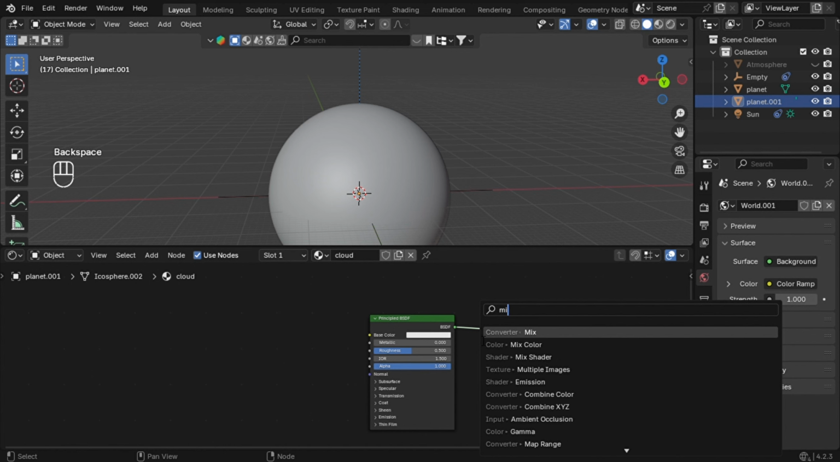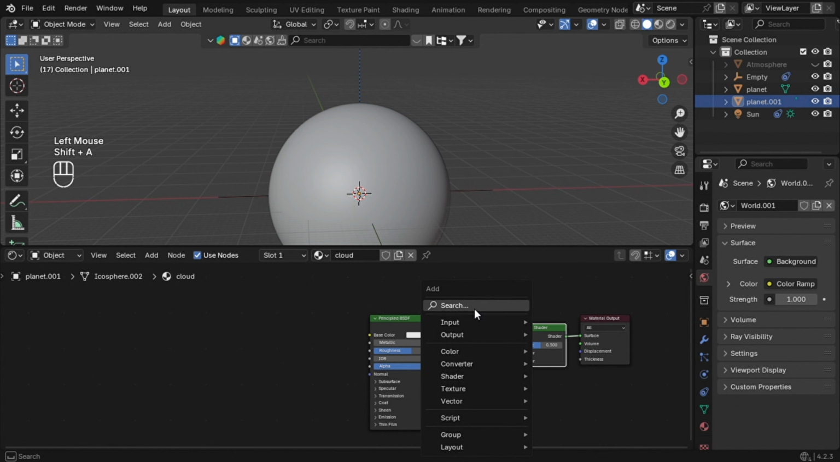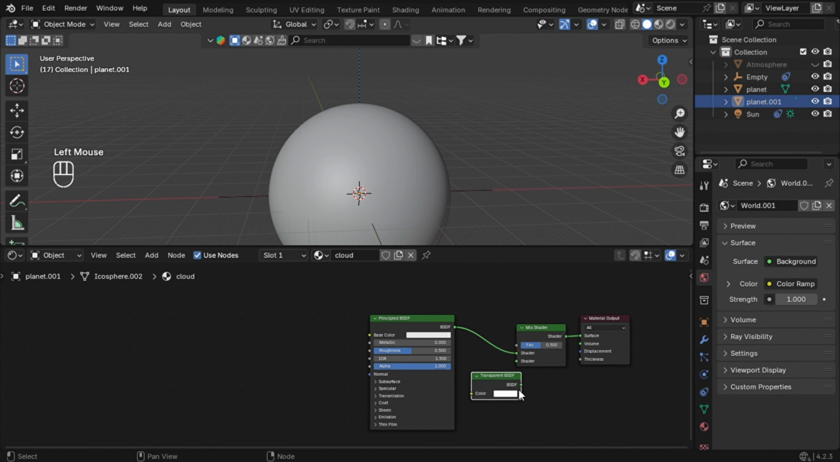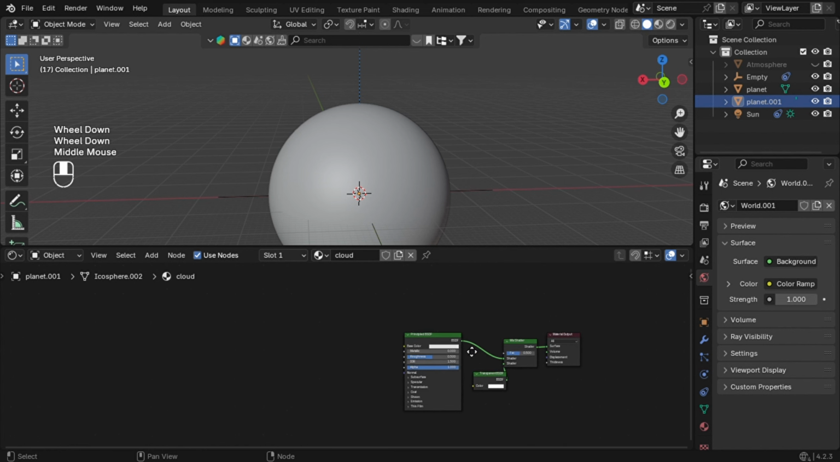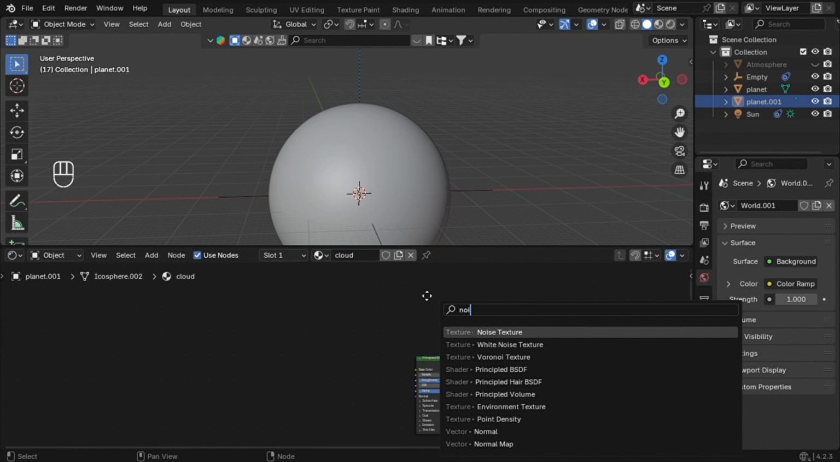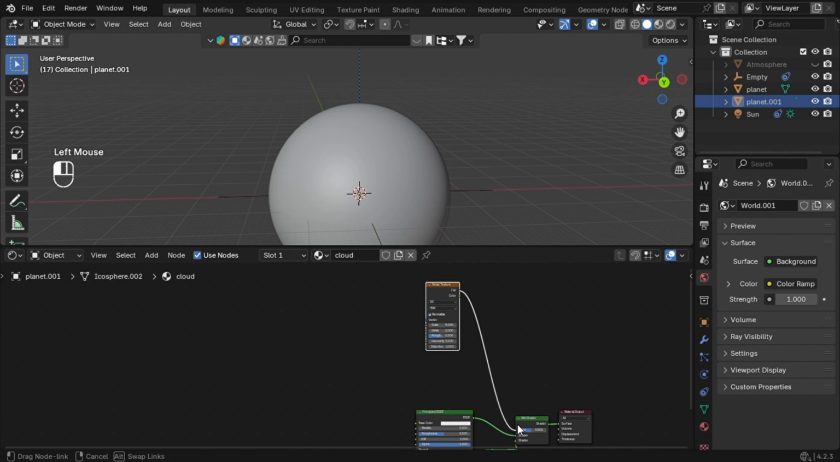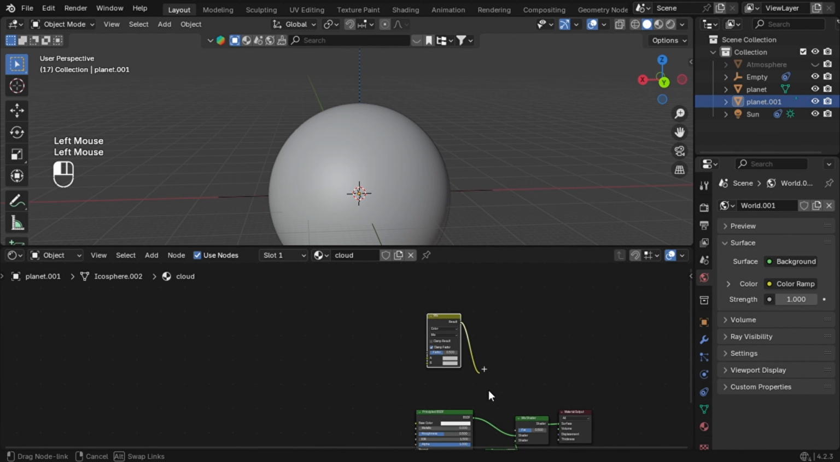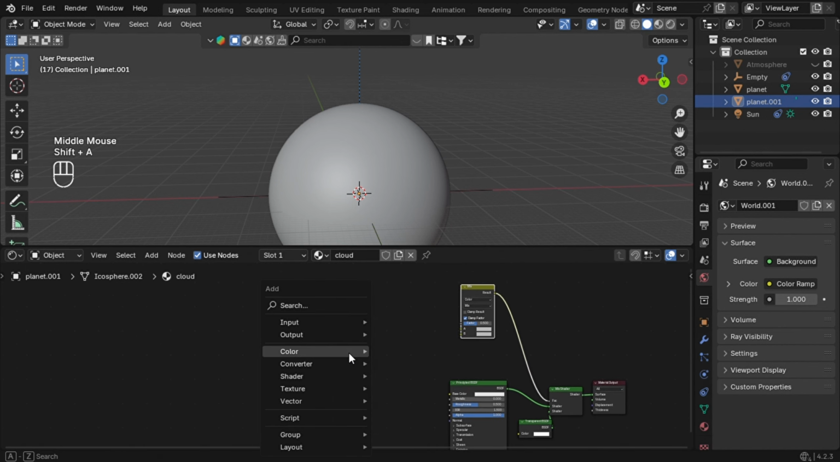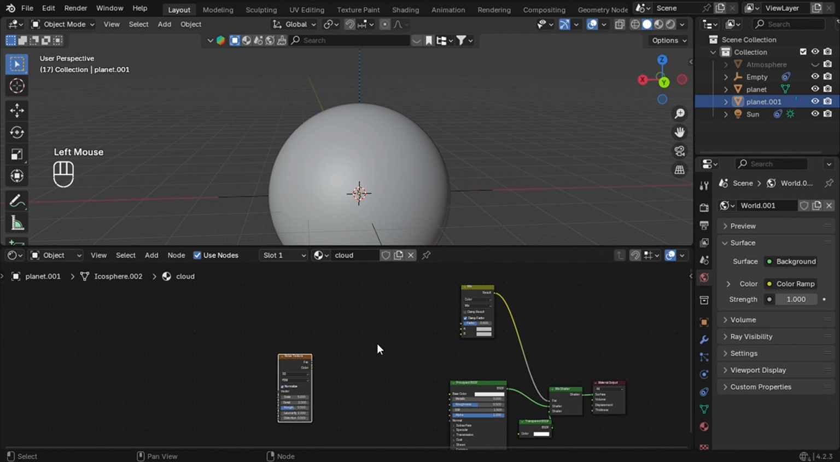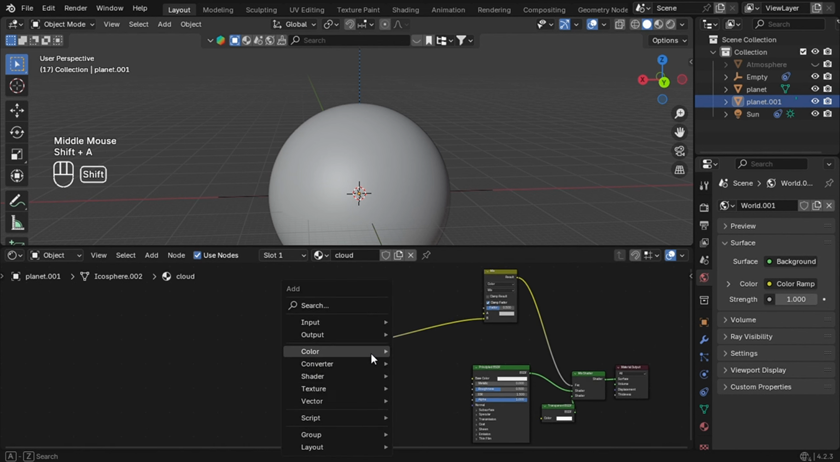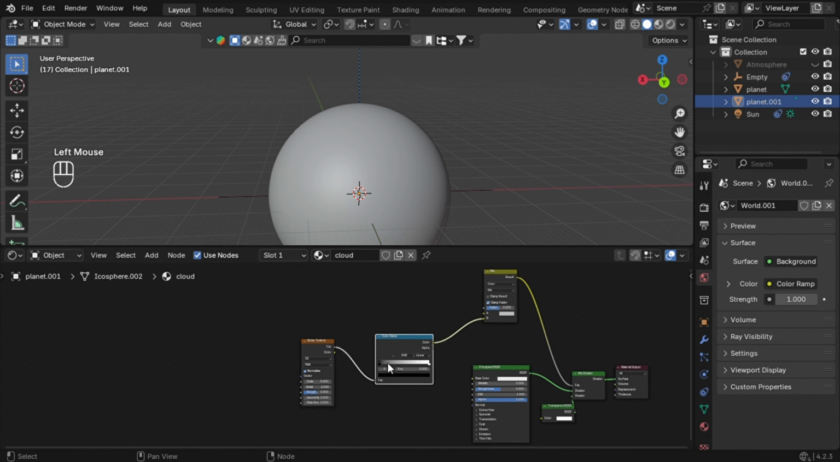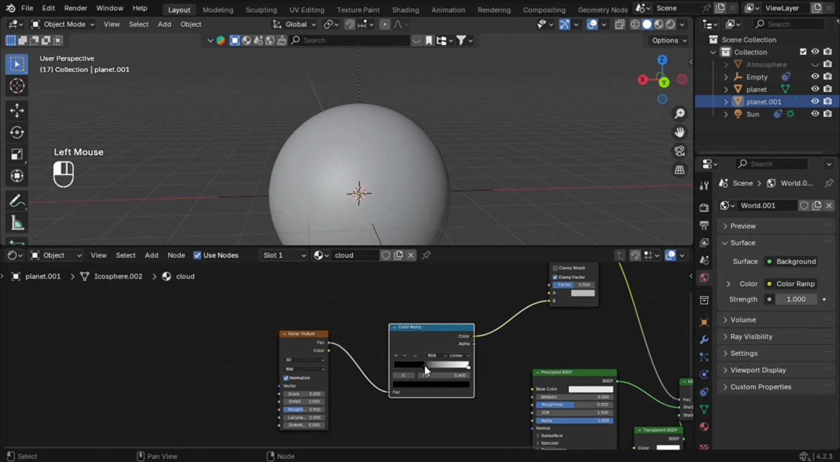Start by adding a Mix Shader node. Then add a transparent BSDF shader and connect it to one of the inputs of the Mix Shader. Next, add a Mix RGB node and plug it into the Mix Shader's factor input. Now add a Noise Texture node and connect it to the Mix RGB's B input. Between the noise and Mix RGB, insert a color ramp node and adjust the white and black sliders to get